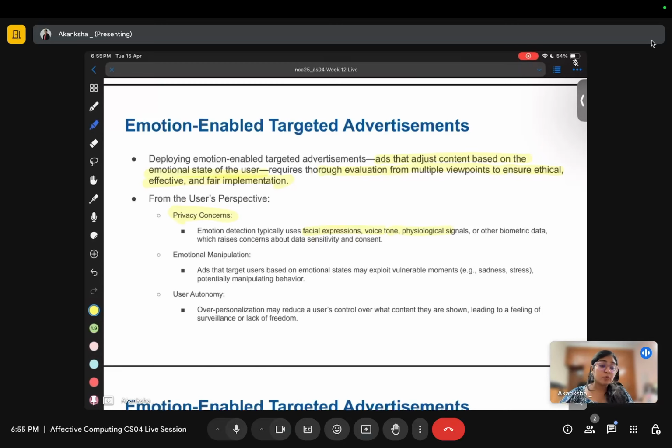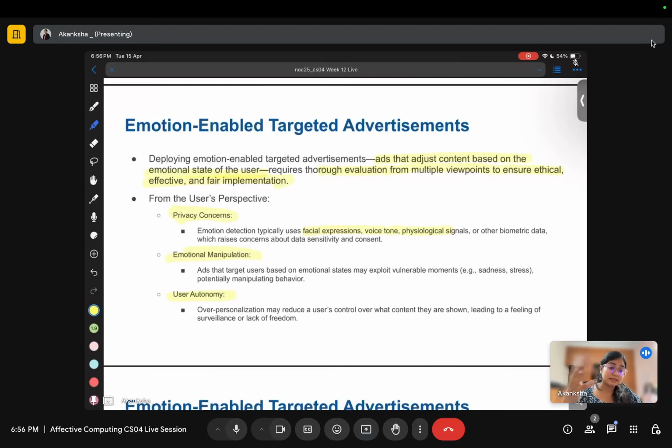Emotional manipulation is there, and user autonomy is also impacted. So let's say the system is showing me whatever it feels I should see. To person A let me show this, to person B let me show something else. I have lost control over what I want to watch.